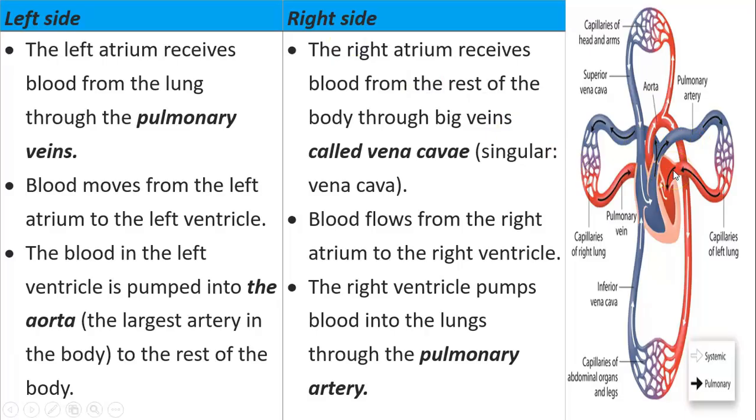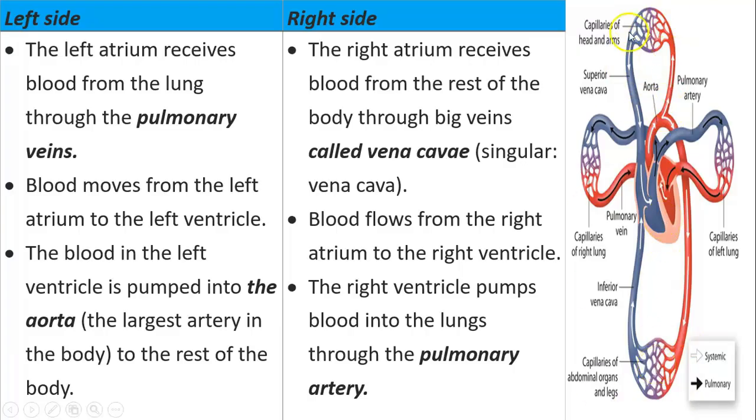This is another way to draw this diagram. You have both lungs here. Both lungs bring the blood in here through the pulmonary veins, and then the blood moves from the left atrium to the left ventricle and then gets pumped into the largest artery of the body, which is the aorta. Okay, and it's going to be pumped to every part of the body, including the upper body and the